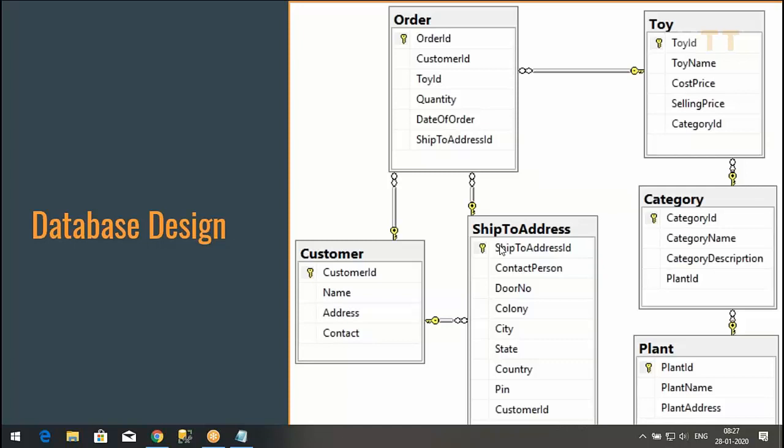Is it meaningful? Are we missing something? While making this, I did not make category. How did you identify that part should be there? Because directly I put plant ID in the toy ID. Right. Toy. Because in our requirement, what we have,